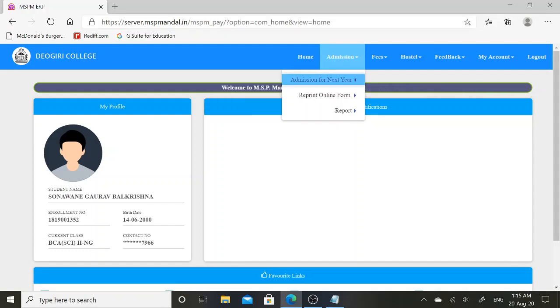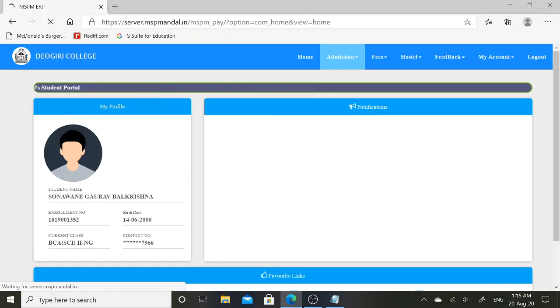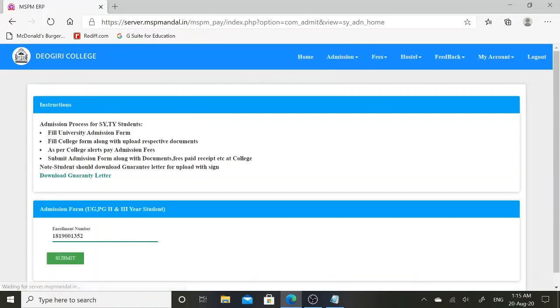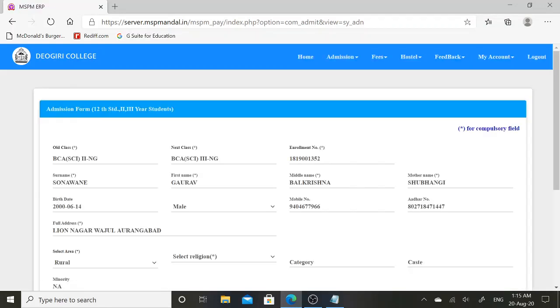Again I will click on this link, and at last I will click on next year admission form. On the next page I will click on the submit button. Here my previous details will get fetched.